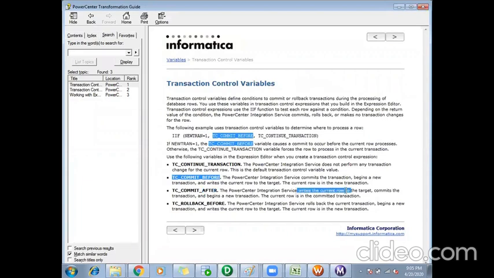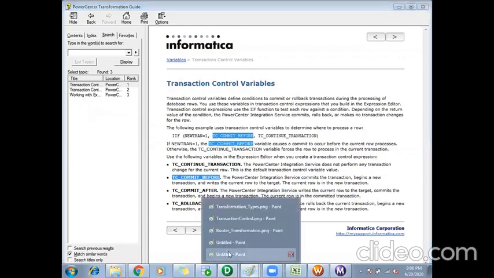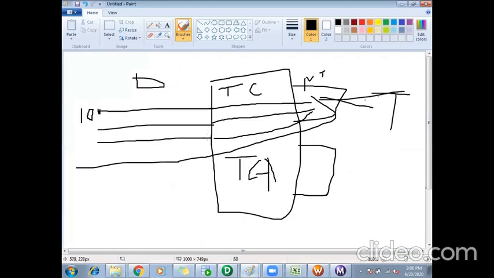It writes the current row to the target. That means it will commit the transaction. So whatever existing transaction was there, even your current row will go to that existing transaction. After that, it will be committed. Then a new transaction will be created. In this case, the current row will be in the committed transaction. That is commit after.